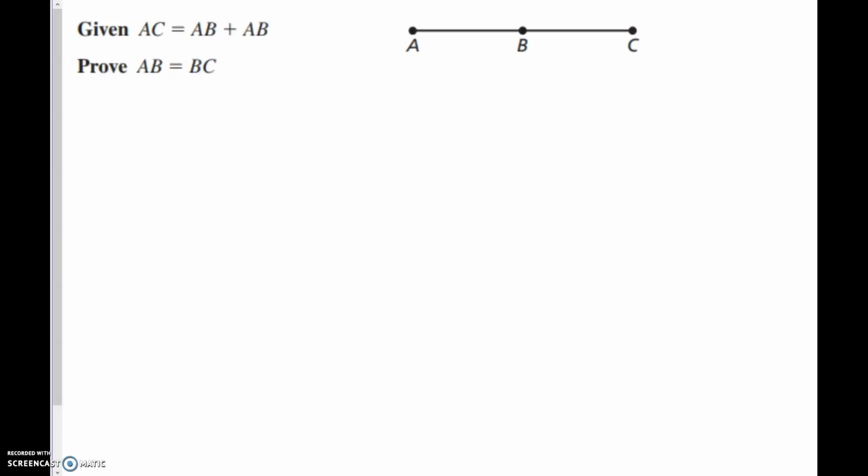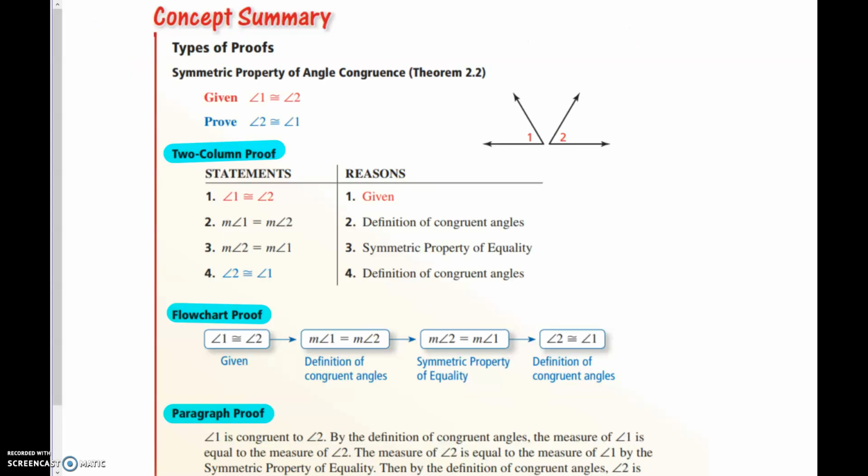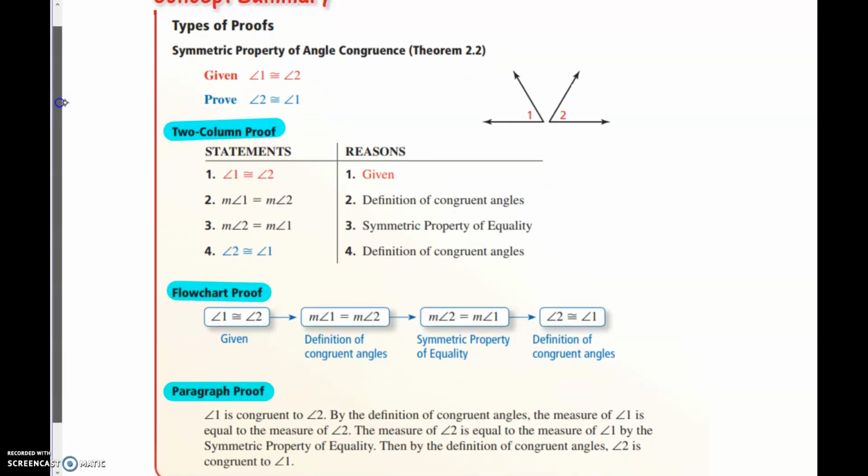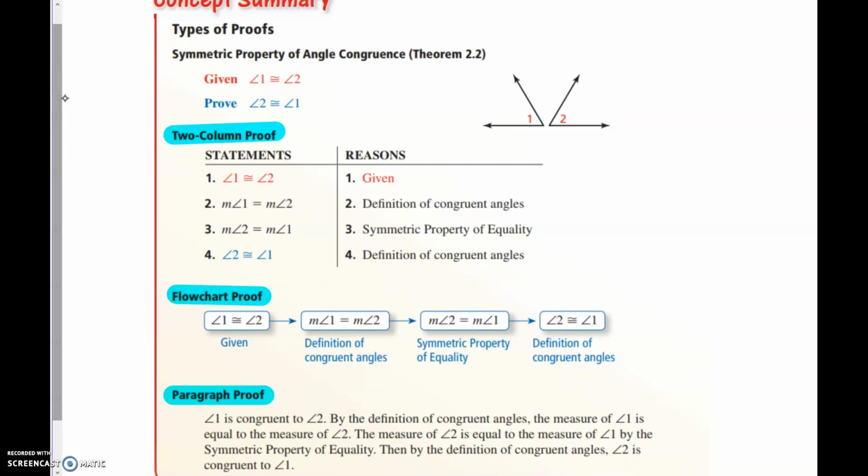All right, we wrote that one yesterday in our notes, so we don't have to do that again. And this last thing is just summarizing everything. So if you want, you could just freeze this and copy what you feel like you need to down. Most all of our proofs that we are going to be writing, especially on the chapter